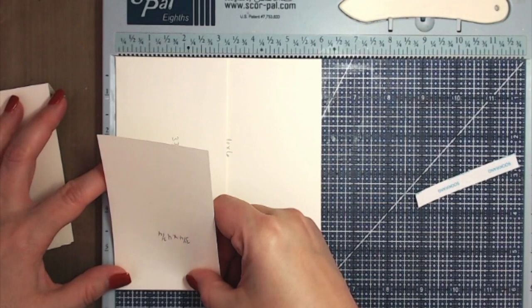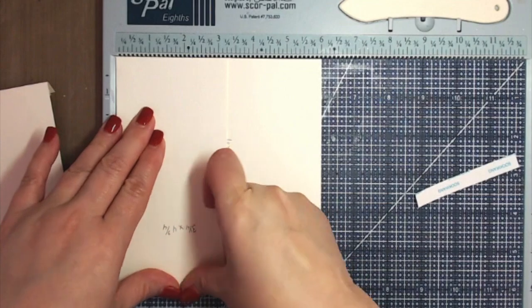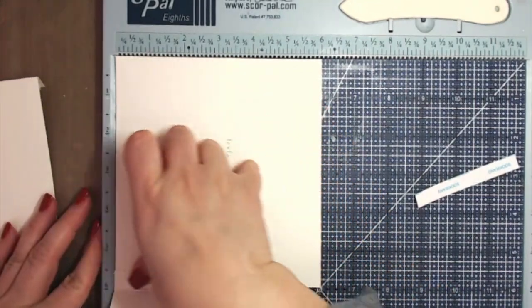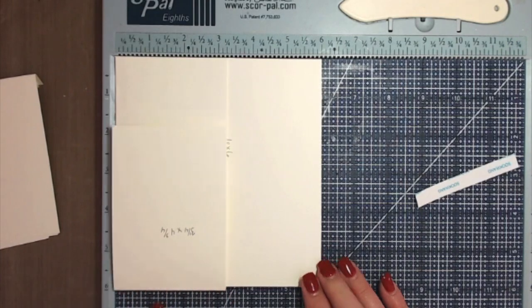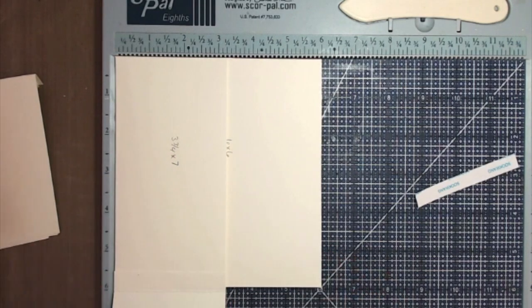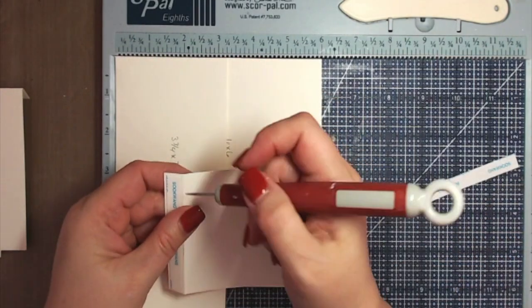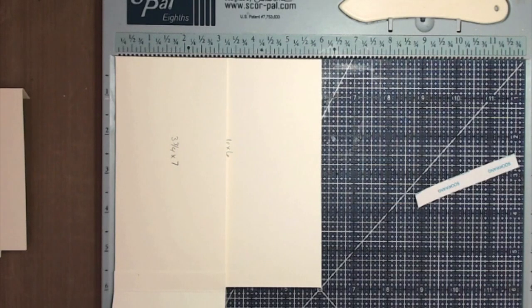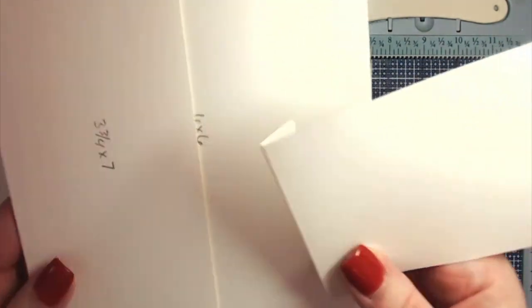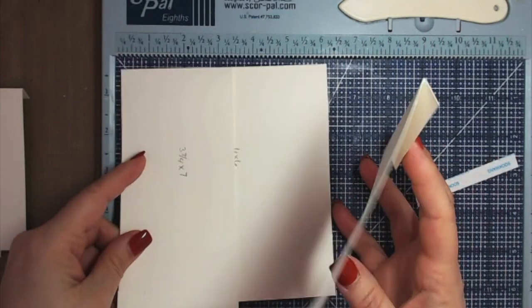So I'm just going to line up the edge of the pocket and the edge of the waterfall flap. So you see that? Okay. Then, I'll go and crease it down so it doesn't flap all over. Then you take your next one, and so you see where this one ends? See where this tab ends? You're going to take the next one,